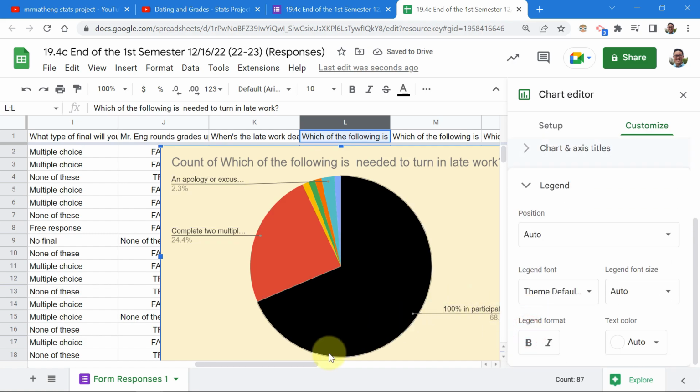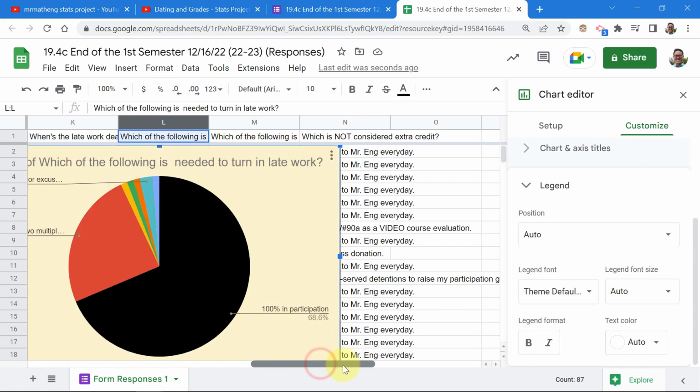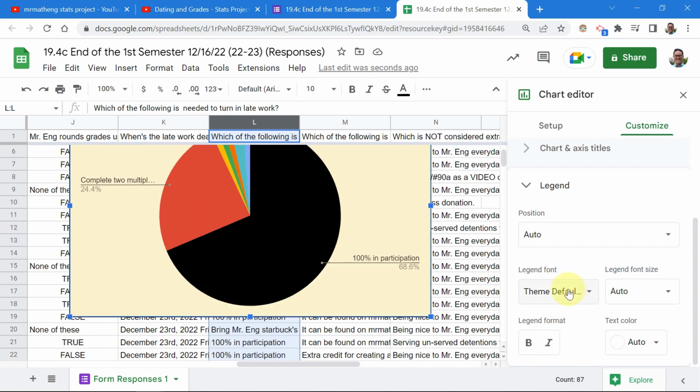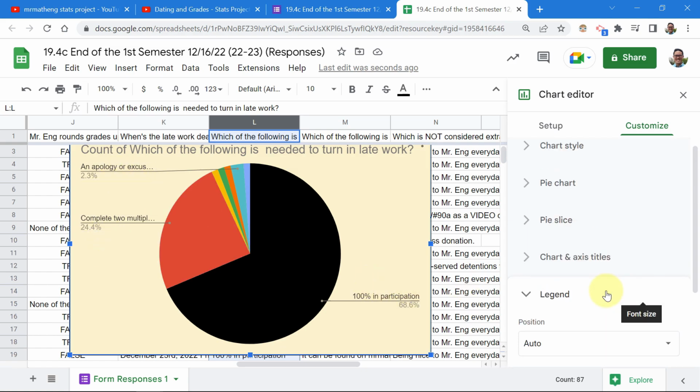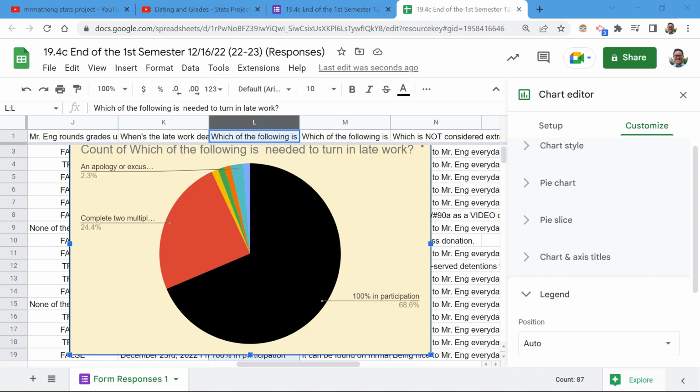And a legend. Minecraft doesn't have a legend. Okay, so my legend, I guess, is just the slices already kind of annotated on the side. But now you guys know how to create charts and data from your